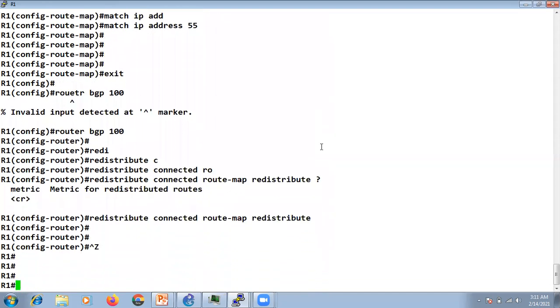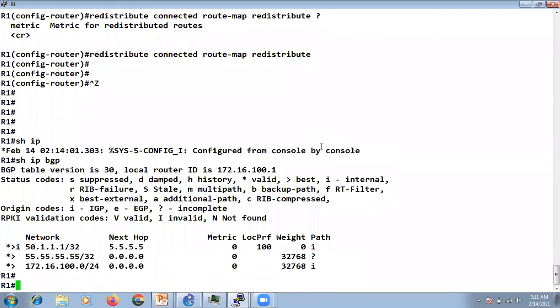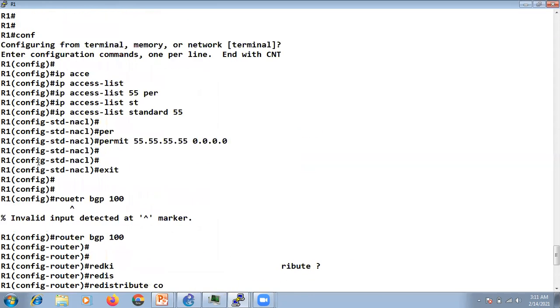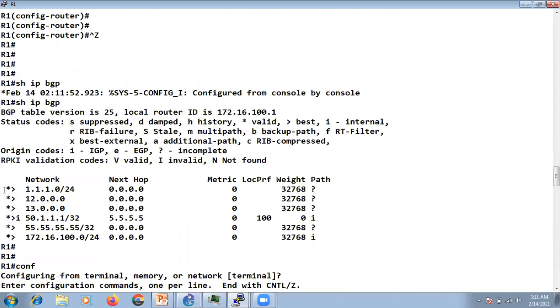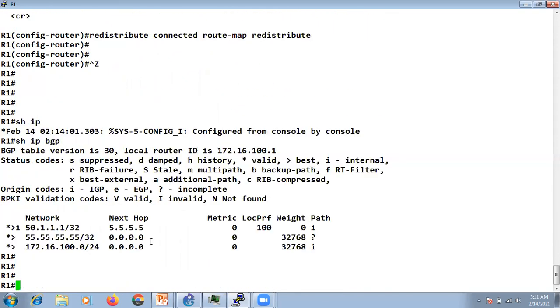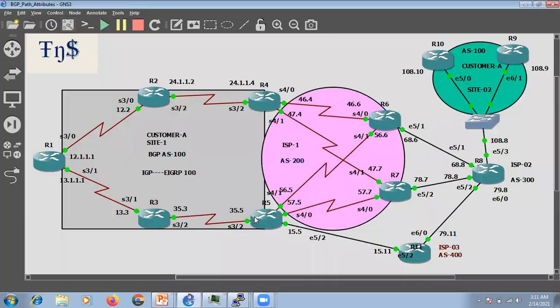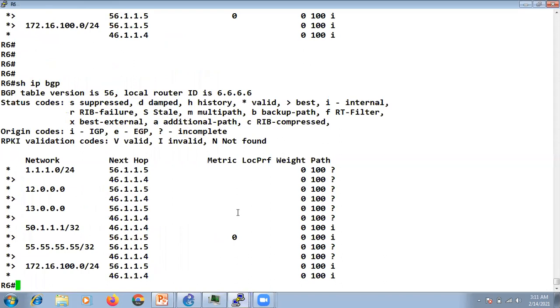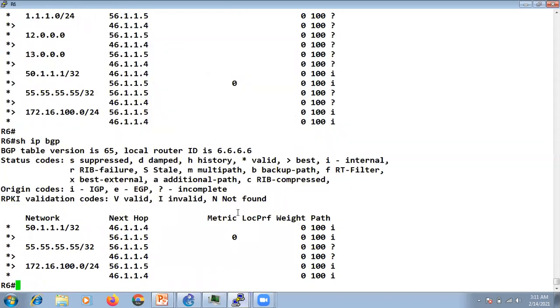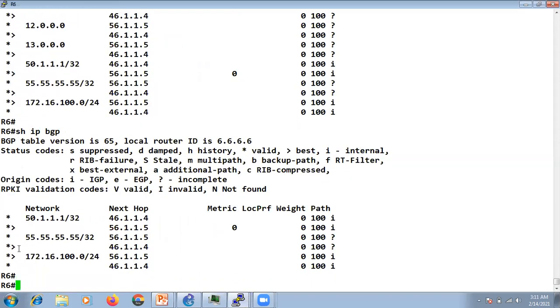That's it. Show IP BGP. Now you can see it suppressed all the other connected subnets, and it is only sending this 55, right? Now if you go to R6, you will see that all these subnets will be suppressed, right? You are only receiving the connected subnet 55.55.55.